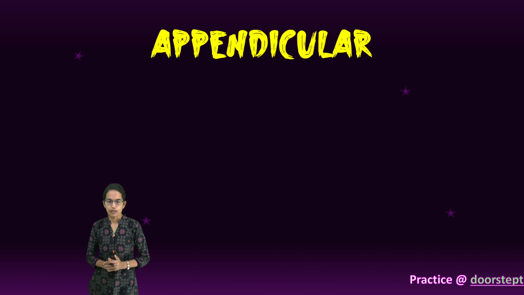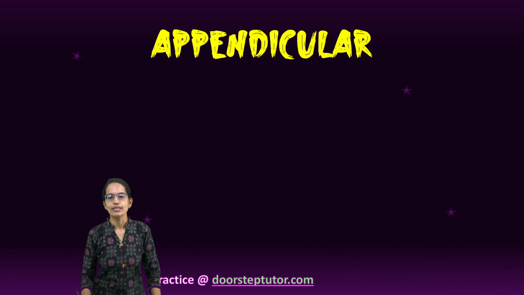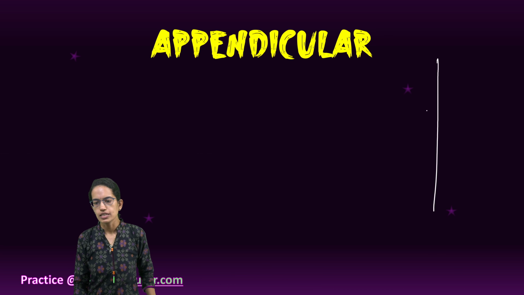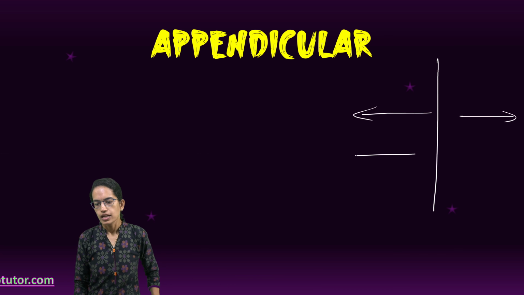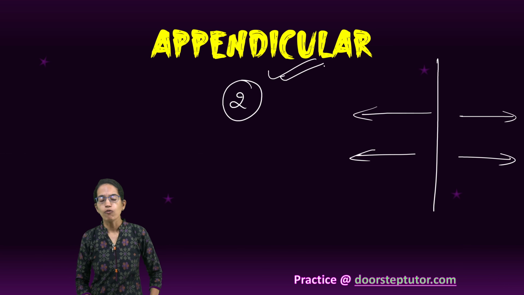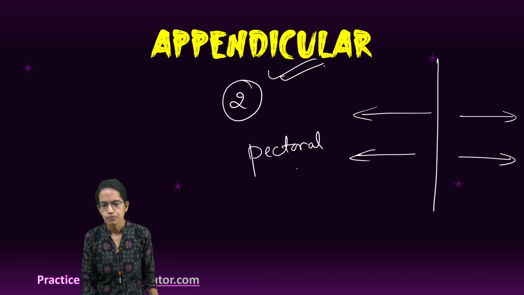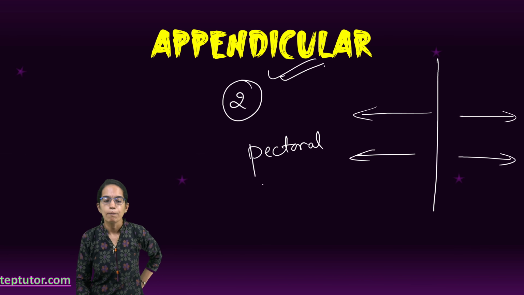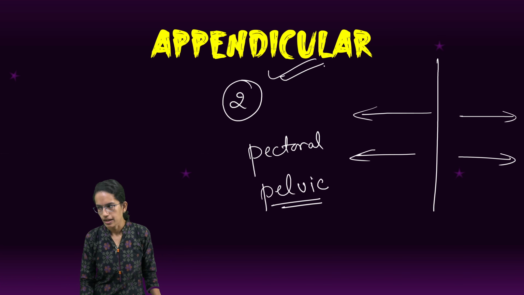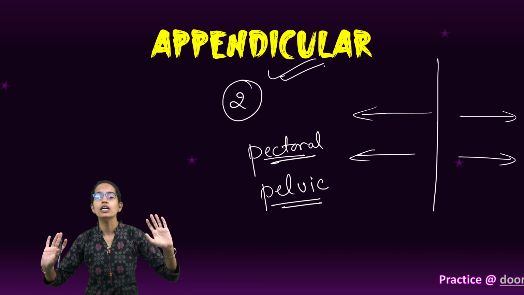The next is appendicular. Appendicular means those run sideways from the axial one. So axial or the longitudinal one is this, and from that whatever runs lateral is what is known as appendicular. Now appendicular extends outwardly from the principal axis, and there are two major girdles which are found in the appendicular region. What are those? Those are the pectoral girdle in the shoulder area, pelvic girdle in the hip area, and the bones of the arms and the legs. So that's part of the appendicular system.